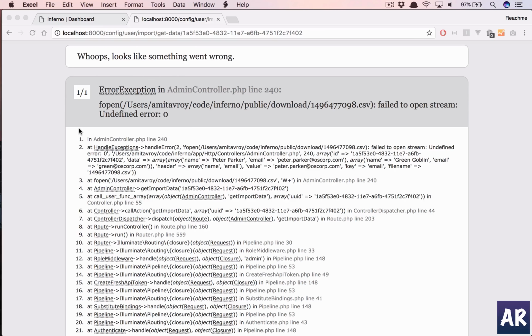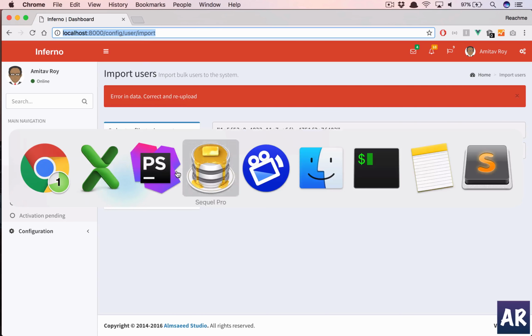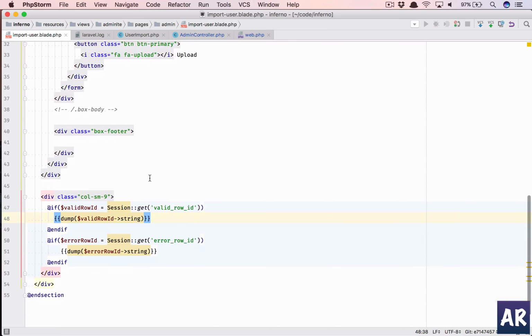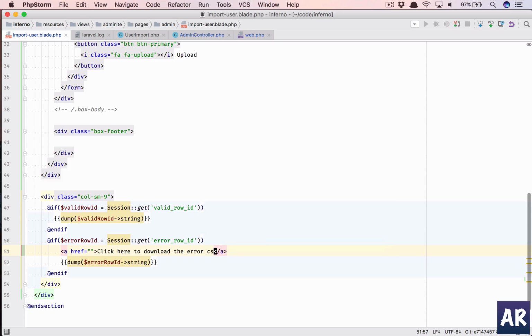So this is for the correct CSV file, right? Why don't we close this? Okay, and we'll close this as well, and now handle our blade. Let's go to our blade file. In here, what do we have? The error. So we'll have, let's say, an a tag. Okay, click here to download the error CSV file,